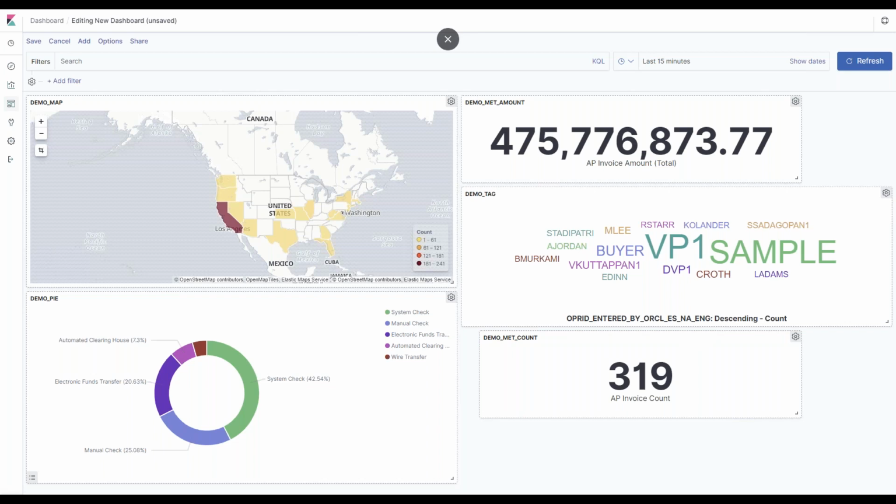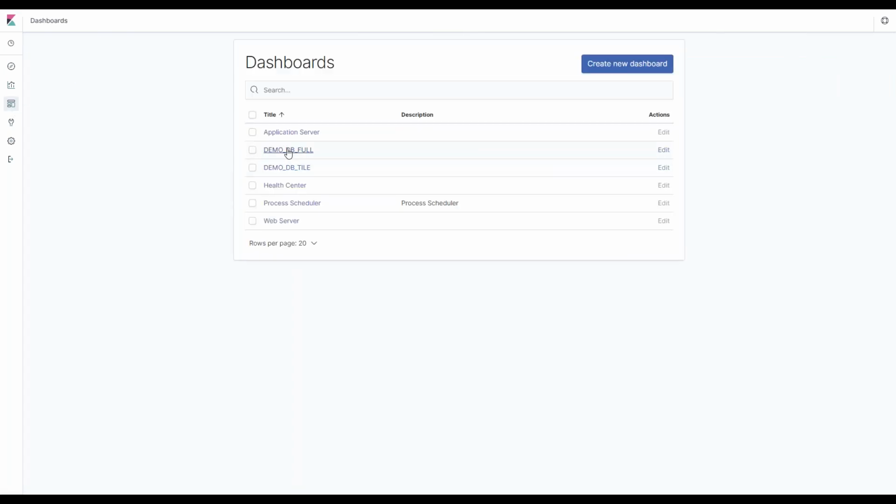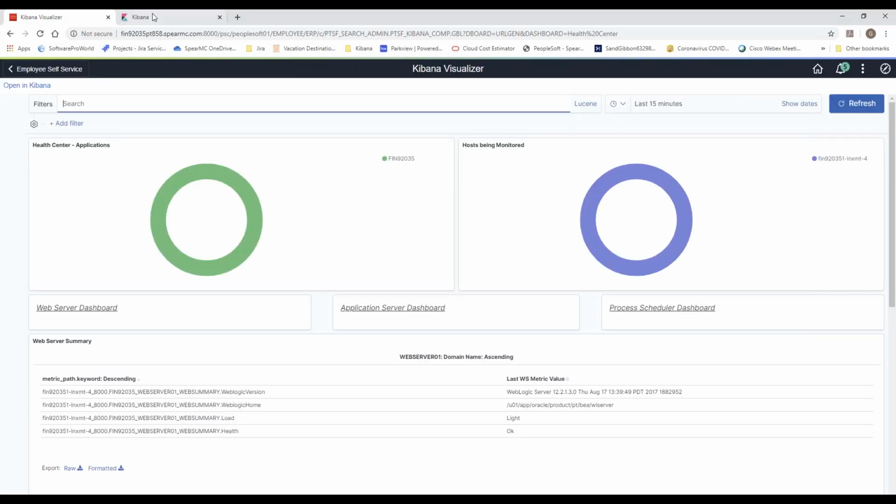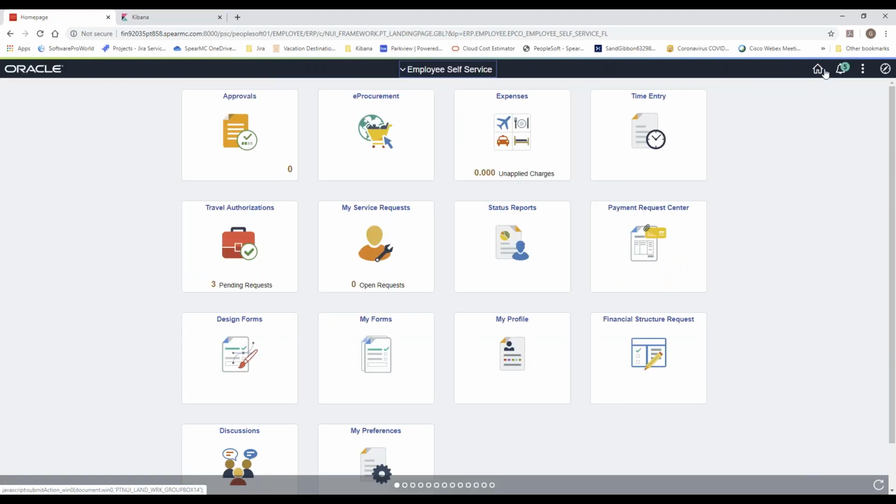So now that I have these dashboards created, I'm going to add these two dashboards into PeopleSoft. So let me switch back over to, oops, I have to get out of full screen. Switch back over to here, go back to my PeopleSoft tab. And I've created a home page for Kibana.